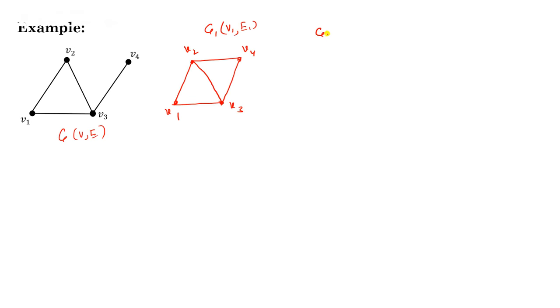Now to find G2, (V2, E2), we have to fuse these two vertices V2 and V4. So if we fuse these two vertices, only one vertex will be there. So to make it easy, I write these two vertices as V2, V4. So I have fused V2 and V4. So this will be the remaining graph. This is G2. This is V1 and V3.